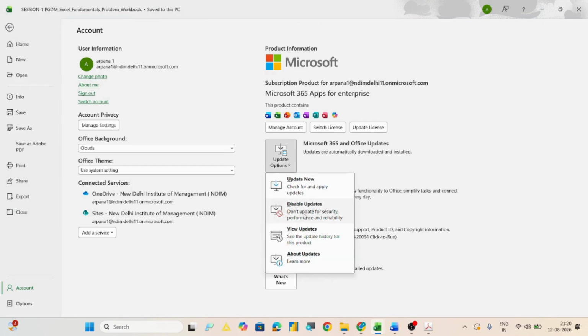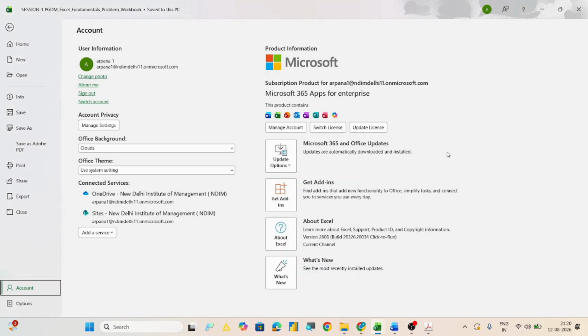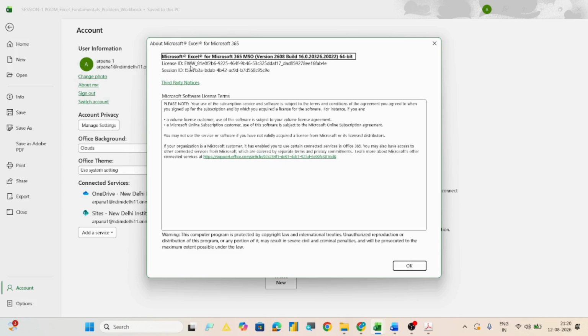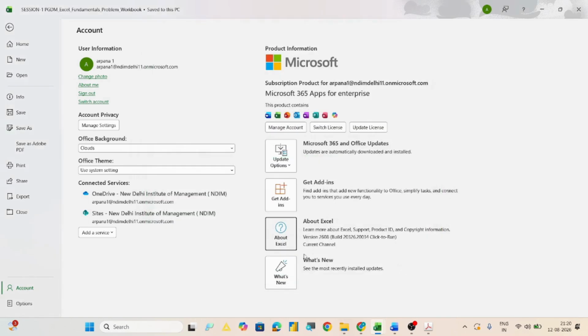You can update it, you can disable updates, you can view updates if any updates have been introduced by Microsoft. You can come to know about the updates. And from here you can get some add-ins which have additional functionality. If you click on Excel over here, it tells you what the license ID is, what the session ID is, and what the terms and conditions of the license are.